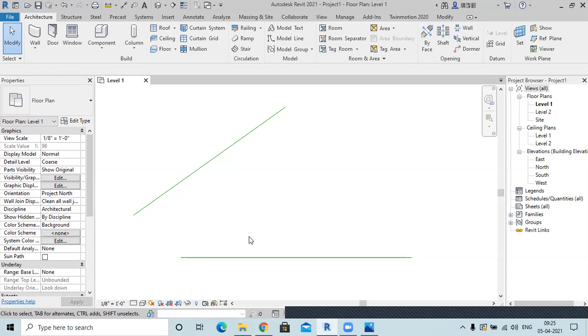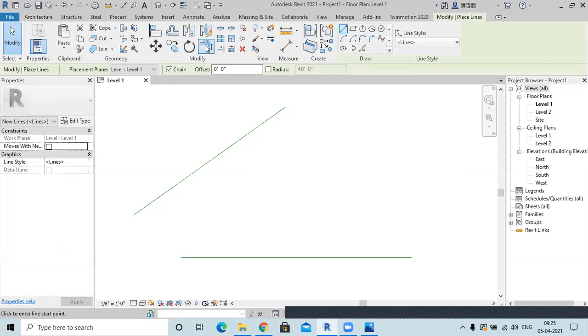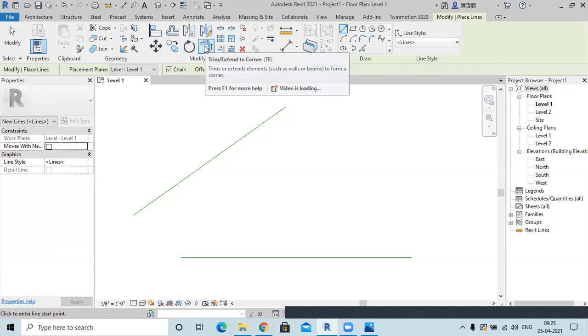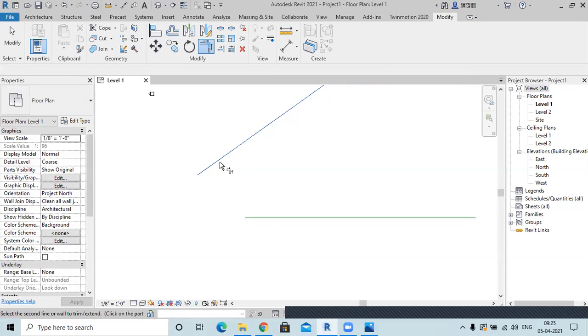These are not parallel lines. Then you have this trim and extend option. Whenever you press this and select one line and then the second line, automatically they will extend to an intersecting point. Okay, so this is what extend looks like.